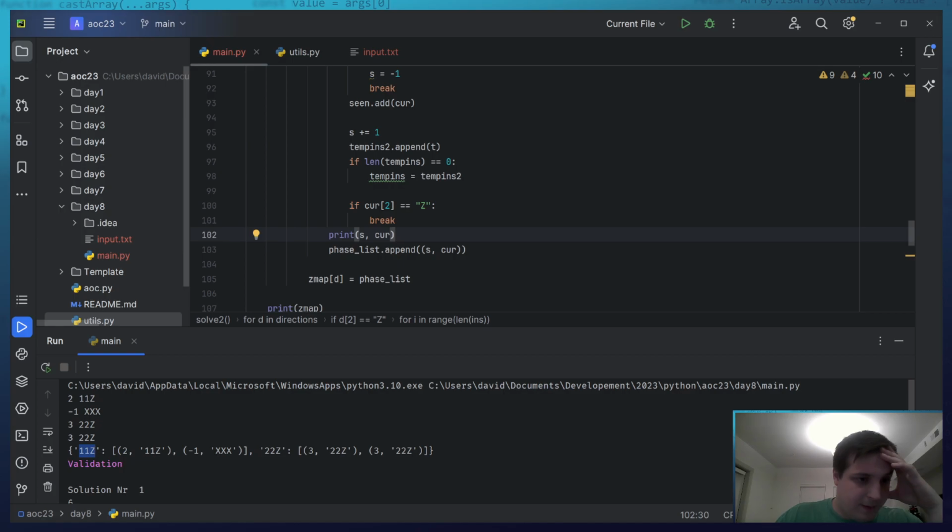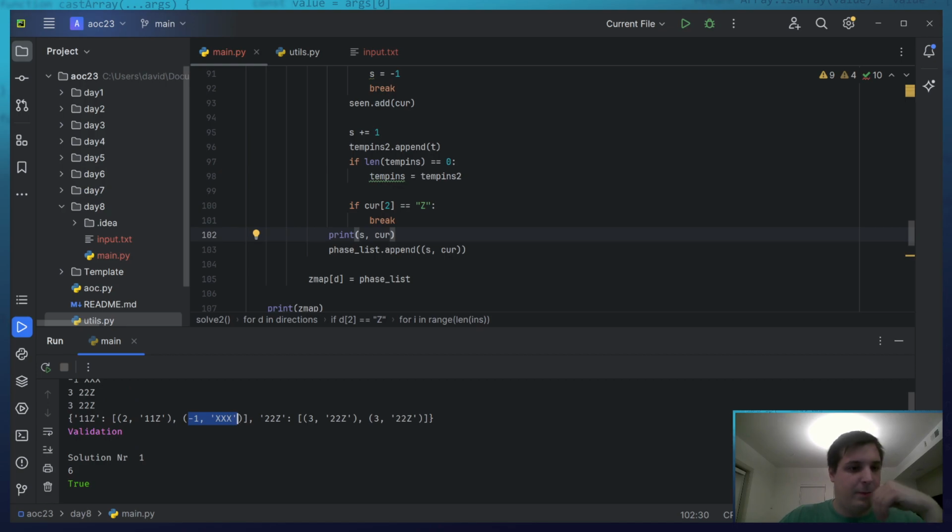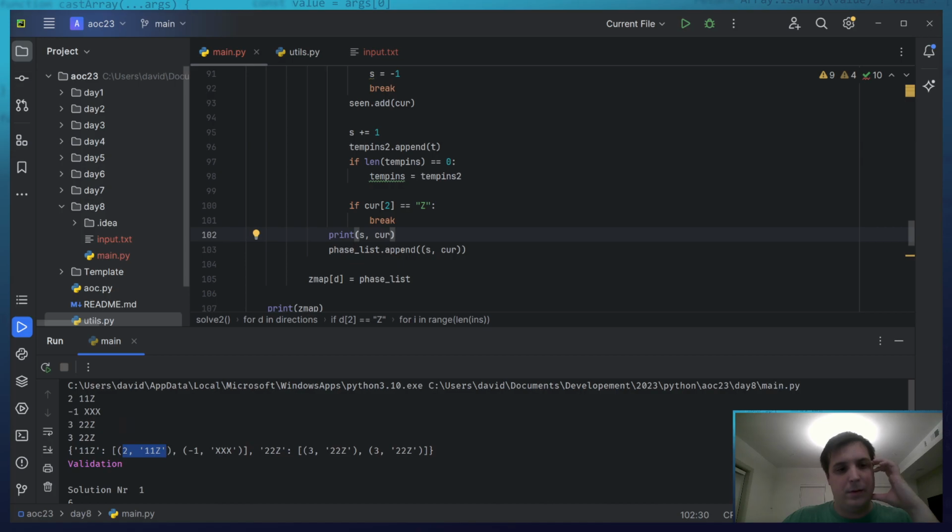So from this Z, we can only go to one other Z, to itself. Okay, so this is actually interesting because this one goes to itself. And then this one is never reached. So essentially it goes to itself every 2 steps. Is that what I'm hearing right? It must be.